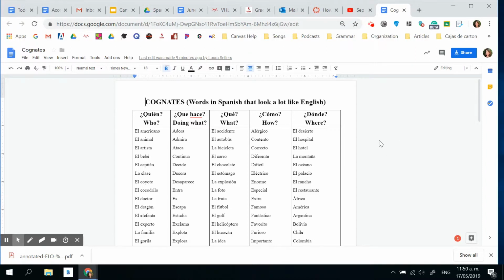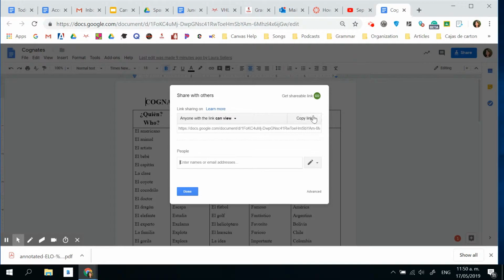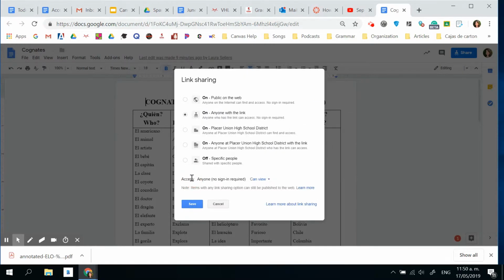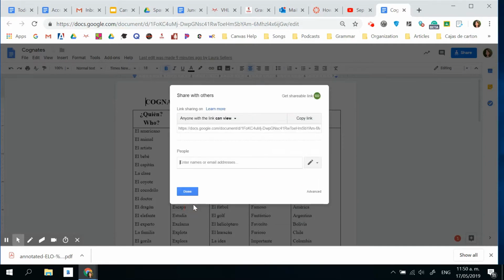Here's my doc, and I'm going to share it. And because the students have different email endings than we do, I have to change my setting here for them. I usually do anyone with the link can access my page. If you don't open this up for them, then they'll get the need access or don't have access error. And I'm going to copy my link,